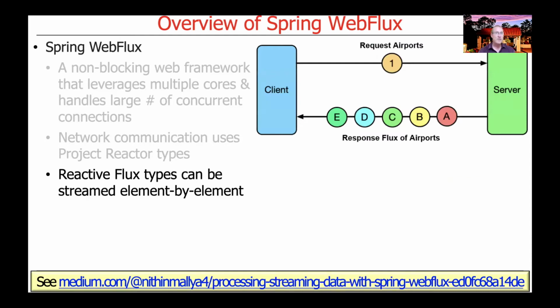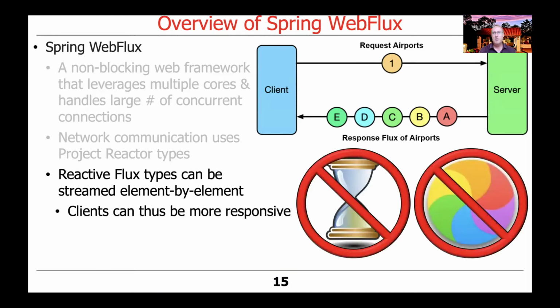Now, this is why using reactive Flux types can be a big win. You can take a look at the link at the bottom of the slide, which I'll post later for more details. But these reactive Flux types can be streamed element by element. So you might request the airports, and then you would get a Flux of airports. If it takes a while to get the list back, you don't have to wait for everything to come back. The client can start to process the